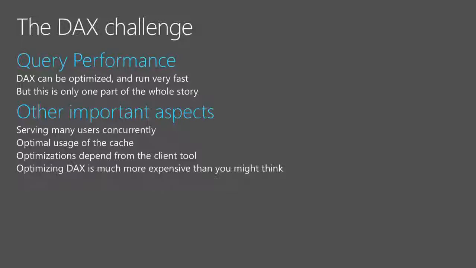Why? Tabular doesn't have aggregations. Tabular doesn't have indexes. Tabular always scans the data that you have in memory. And even if the data are compressed, there is some job to do. And the job that is performed by the engine is generated depending on the query plan.